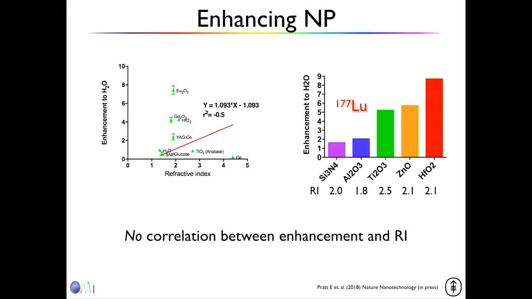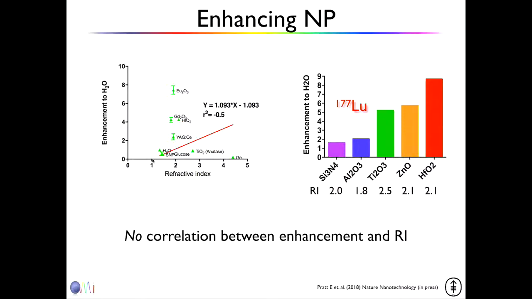So we thought, well, that's great. Let's find some nanoparticles which have different refractive indices. And we started with the silica. That's where the idea came from, the radiolabeling, which I showed you before. And then we tried that out, and lo and behold, we saw indeed some increases of the signal. Here's a refractive index of 2.1, hafnium oxide, and we saw an 8-fold enhancement.